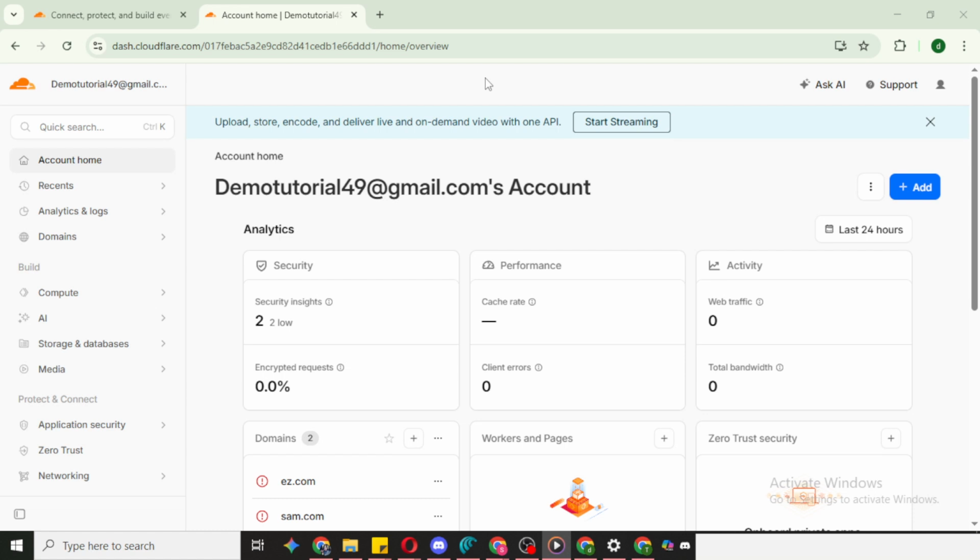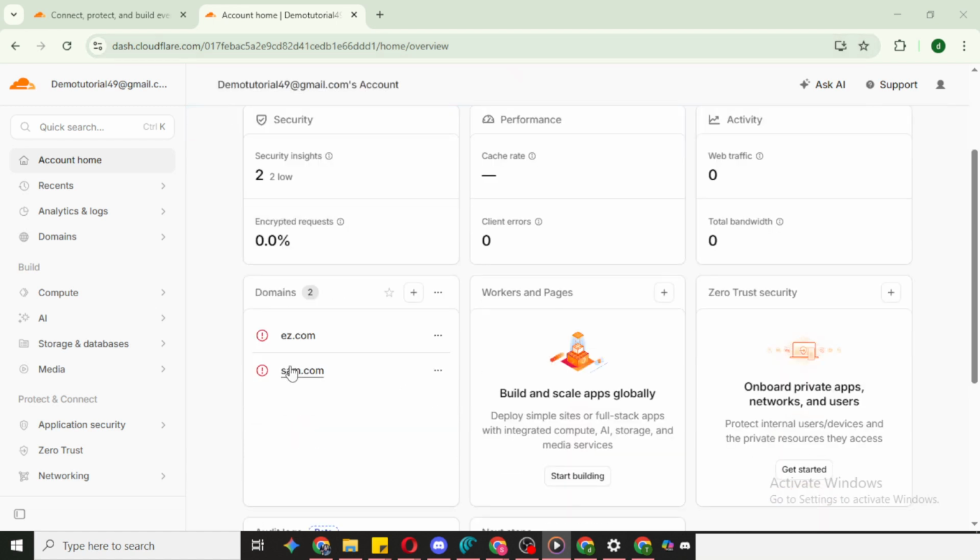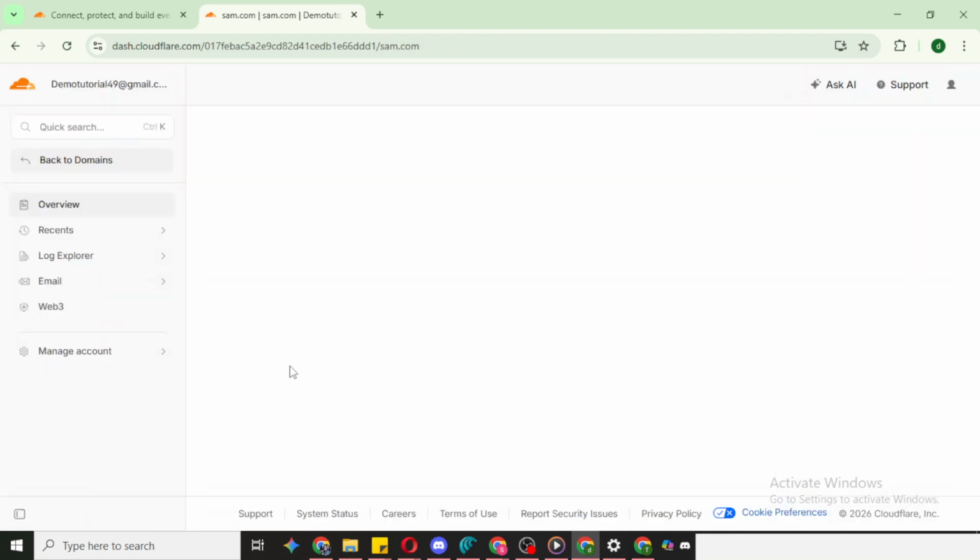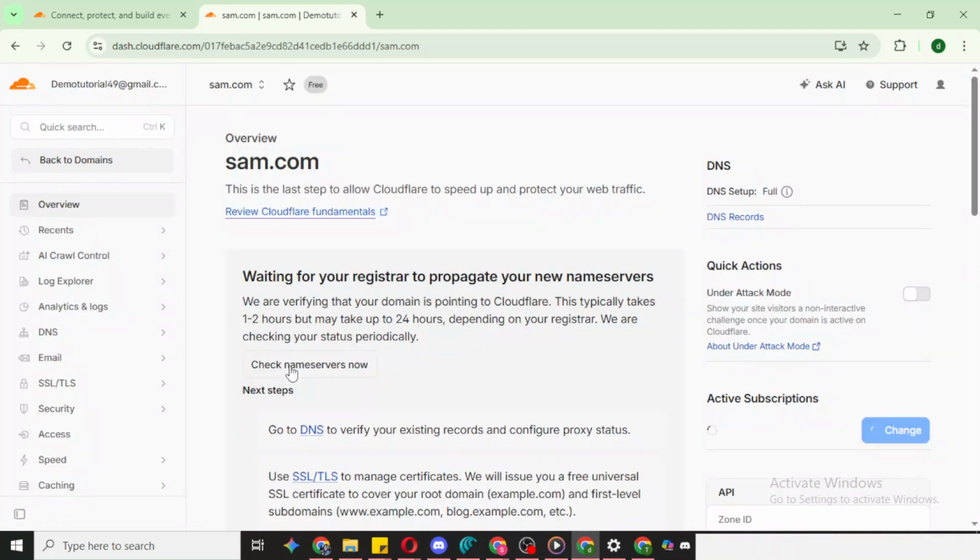Start by opening your Cloudflare account and signing in. From your dashboard, choose the specific domain you want to protect. This is important if you manage multiple sites, because each domain has its own security settings and rules. Once you're on that domain's overview page, go to the security section in the left navigation. Inside security, click Settings. This area controls how traffic is inspected and handled.